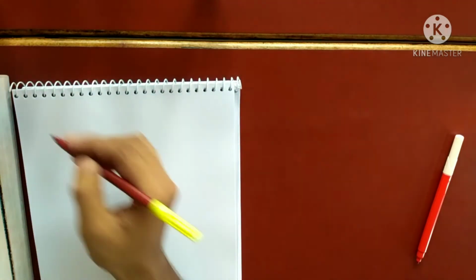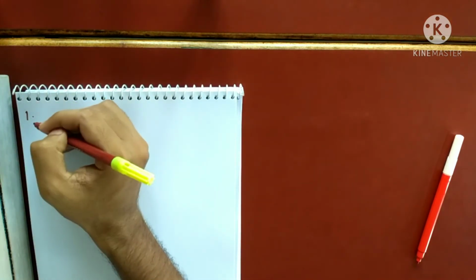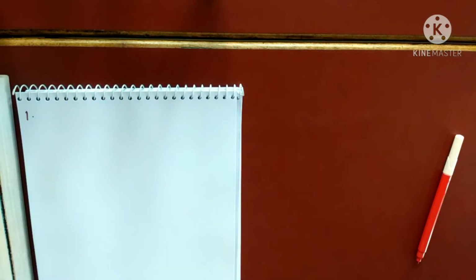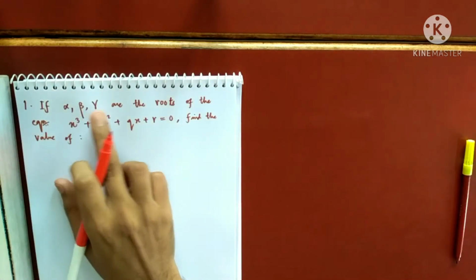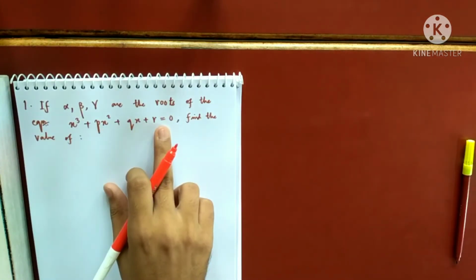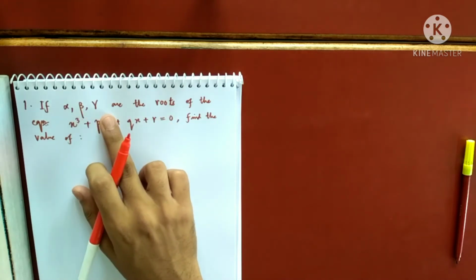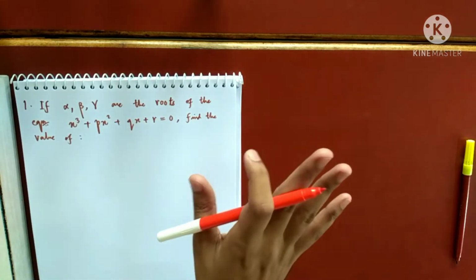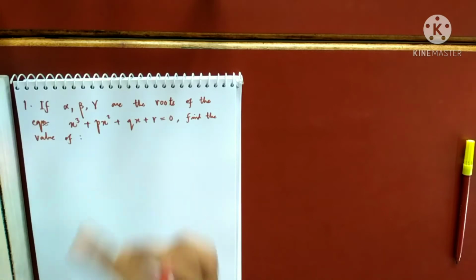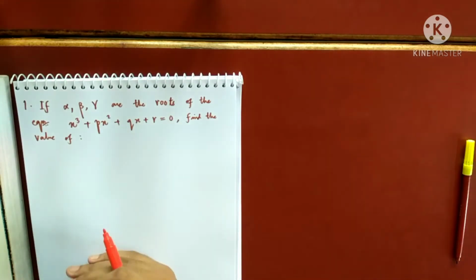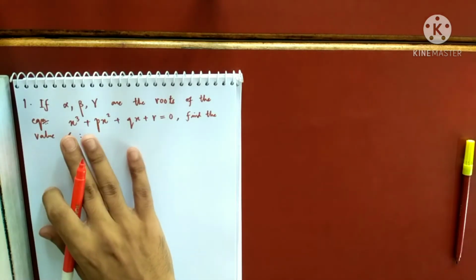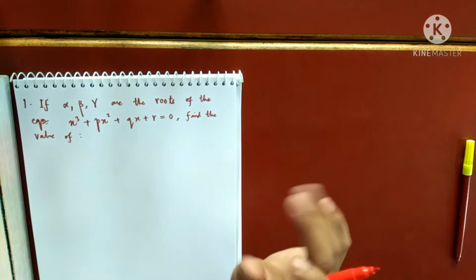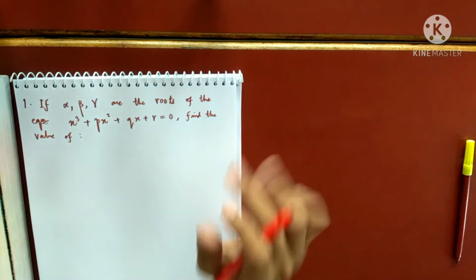So question number 1, let me write it down. So this is the question. Alpha, beta, gamma are the roots of this equation, a cubic equation having three roots, which may not be real. Find the value of, you will write. What values do I need to find? I'll tell you. Before that, how to start? Finding the values of the roots is not possible. But